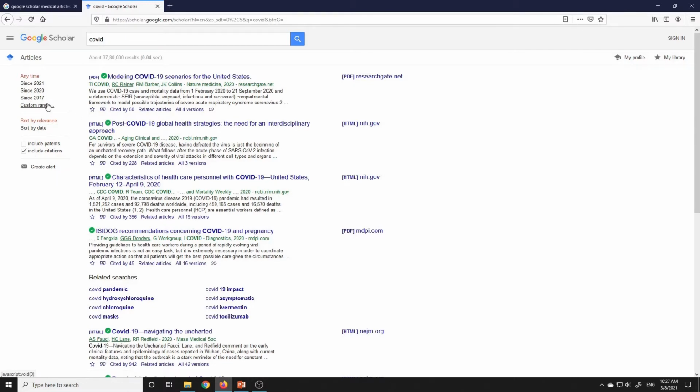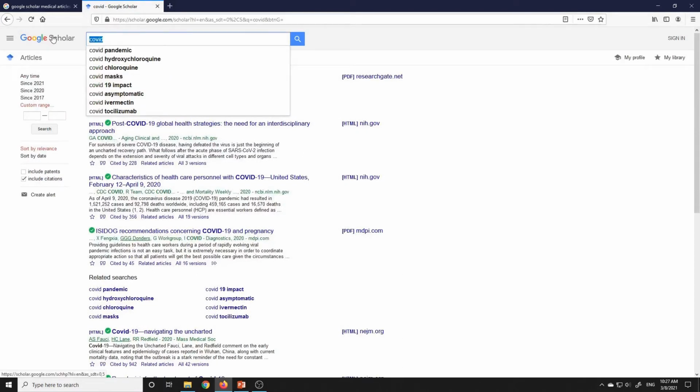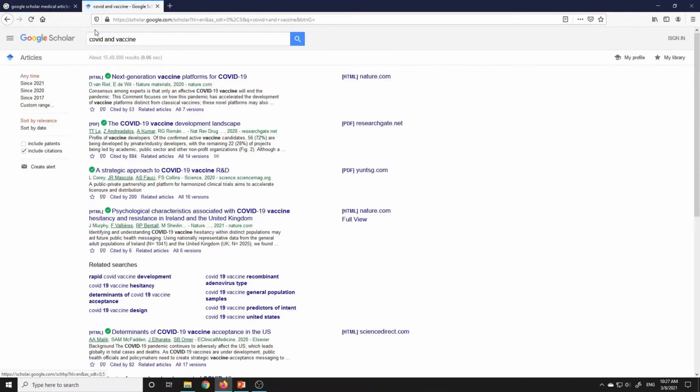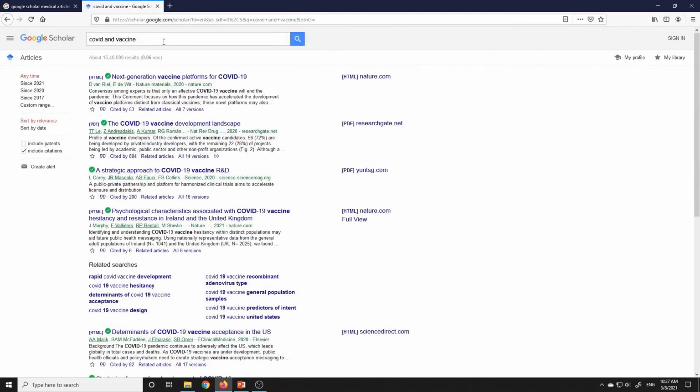We can set the custom range, and here you can find all those papers related to COVID. Now you can search COVID and vaccine. All those papers that you are seeing here are related to both COVID and vaccine.